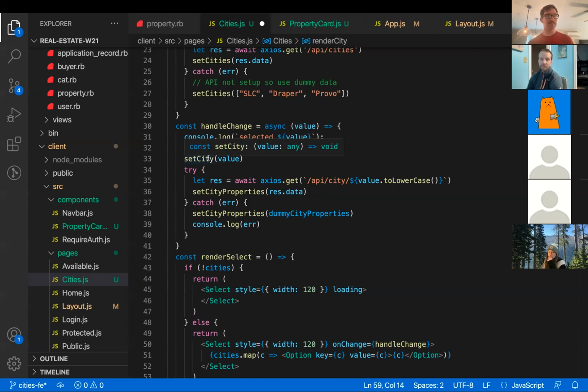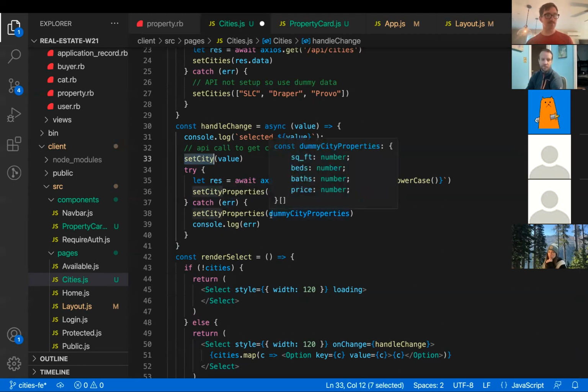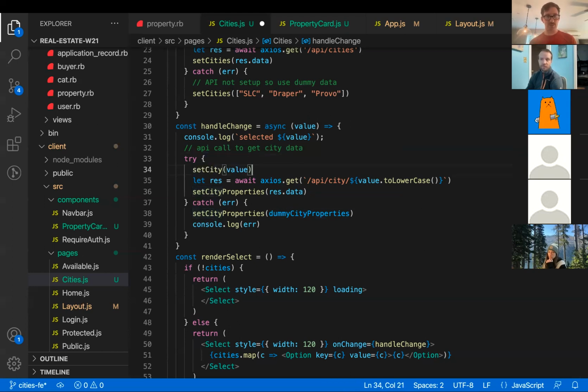So this was getting set, but enough time was passing that I was still able to set my city properties. Then all of a sudden it stopped working because my city was set before my city properties was set. So a couple things I chose to do was move this set city down here